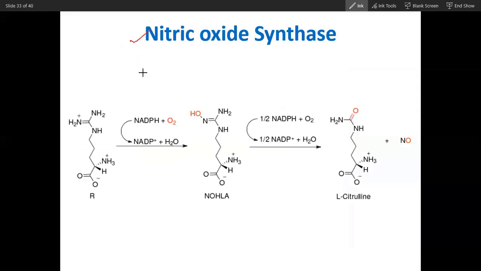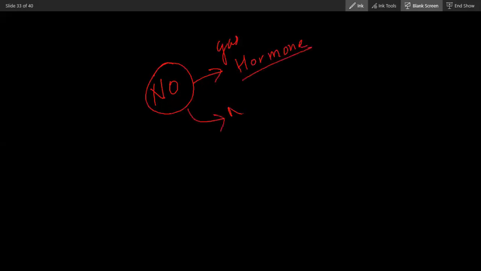You can see this neurotransmitter, a very important neurotransmitter: nitric oxide. Nitric oxide is synthesized from which amino acid? Do you know what nitric oxide is? Nitric oxide is a free radical. It is a hormone, a vasodilator, a gas hormone. It is also a neurotransmitter, a gas neurotransmitter. Did you get that?